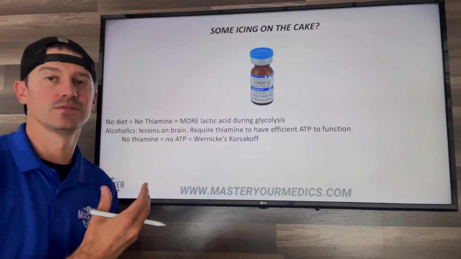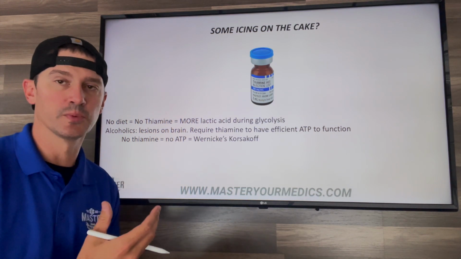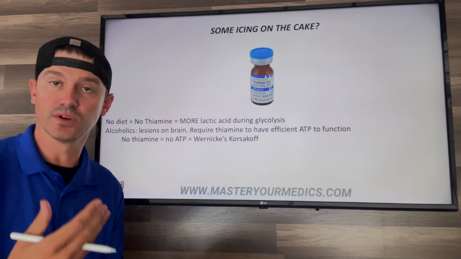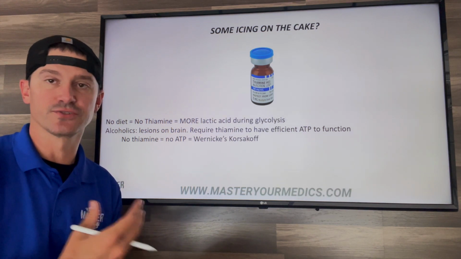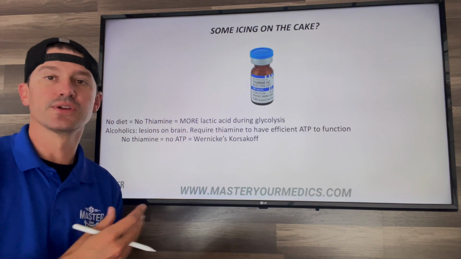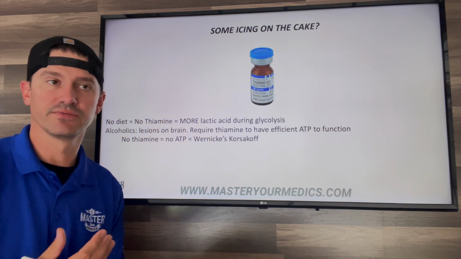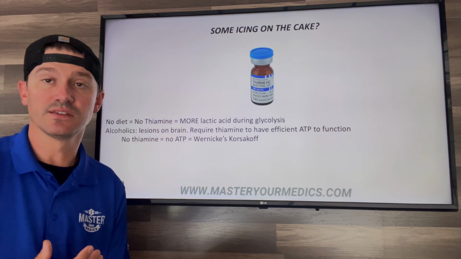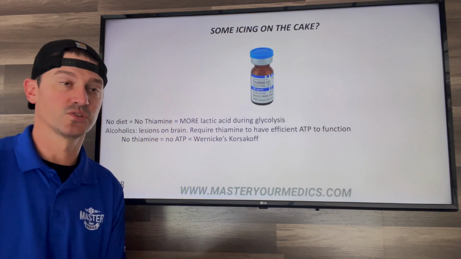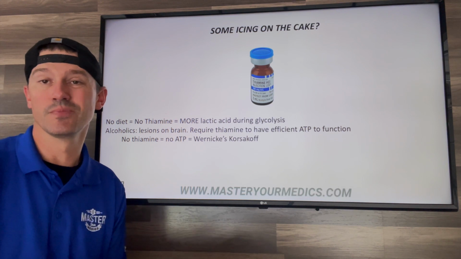Okay, so how that all is working. If there is no appropriate diet, there's no thiamine. We obtain thiamine, that B1 vitamin, through natural digestion, just different foods. Thiamine, B1, is pretty robust in a lot of just natural foods that we eat. So B1 is absorbed through a diet. But if this patient's only diet is alcohol, there is no B1 in alcohol.